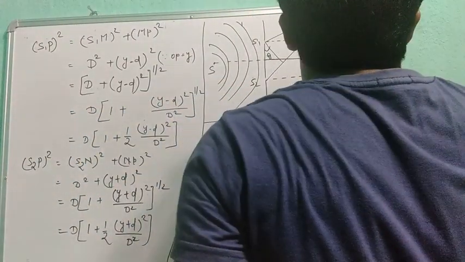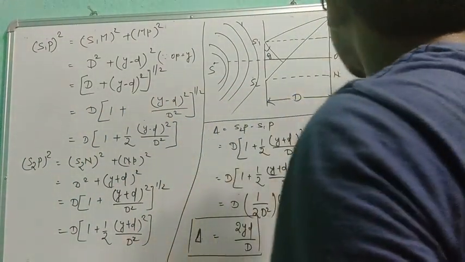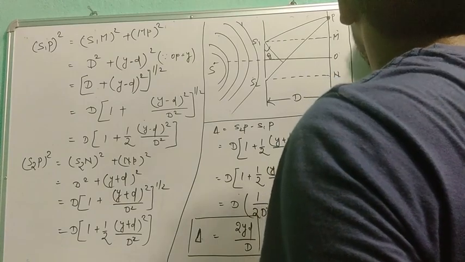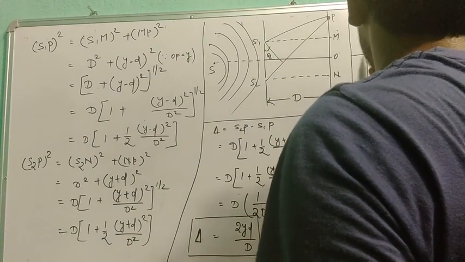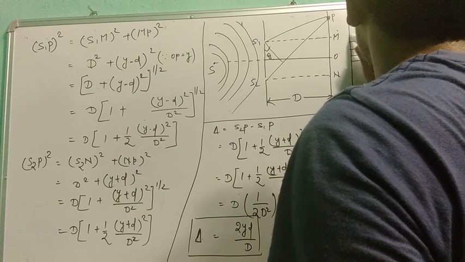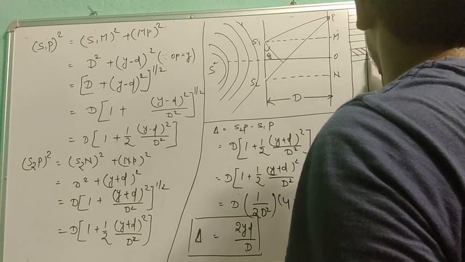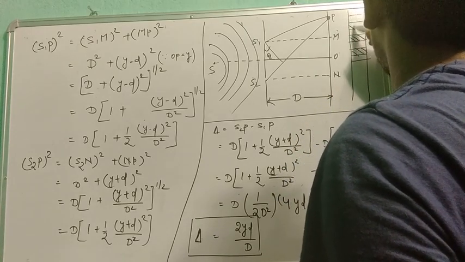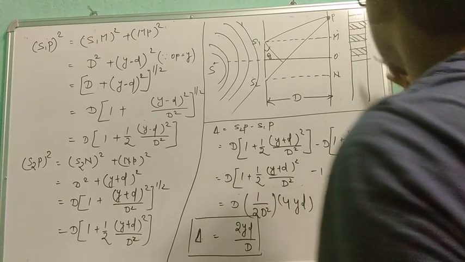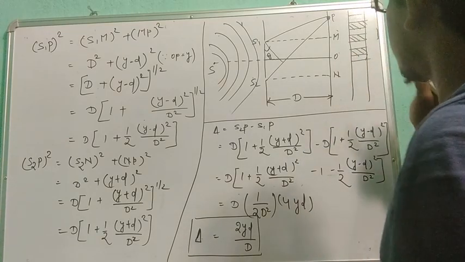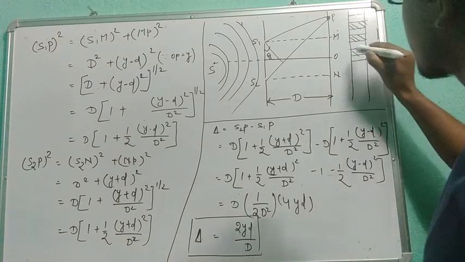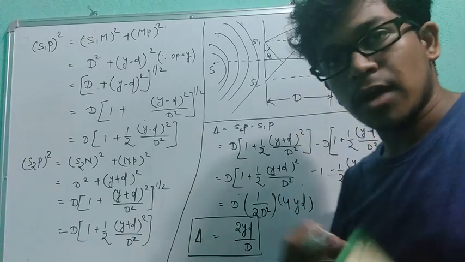See, this is the P point. As I mentioned earlier, you are getting a pattern like that. Suppose here you are getting dark. Suppose this is your light pattern, dark pattern, then light, then dark, then light, then dark. So, what is the width of this light region? What is the width of this dark region? Now we are going to calculate this one.